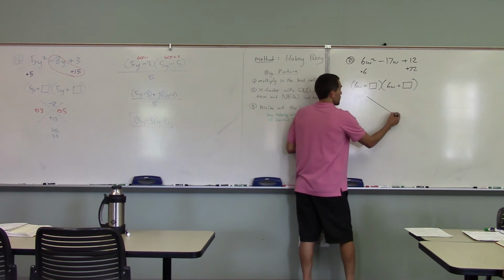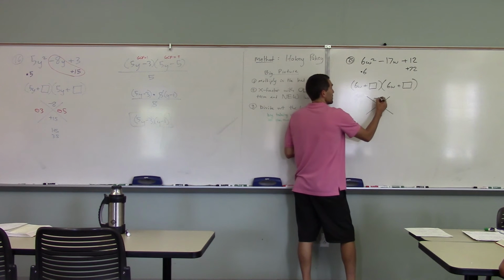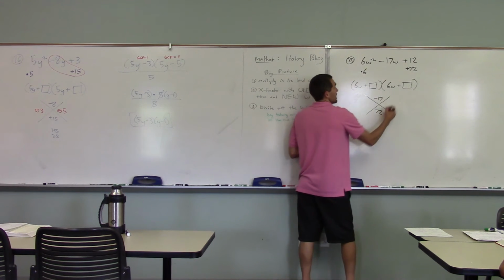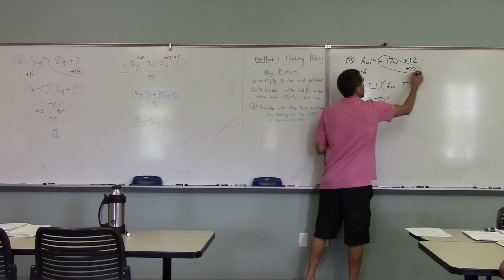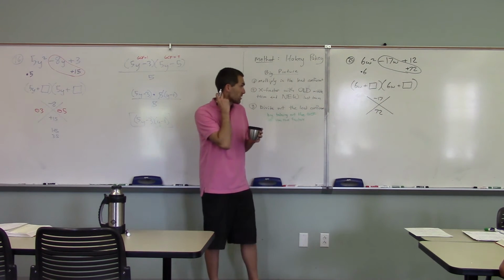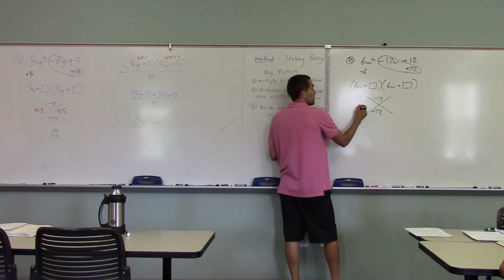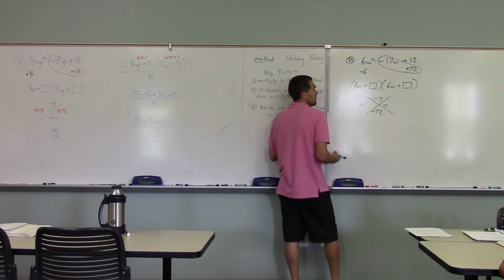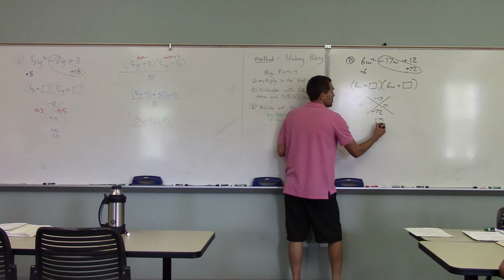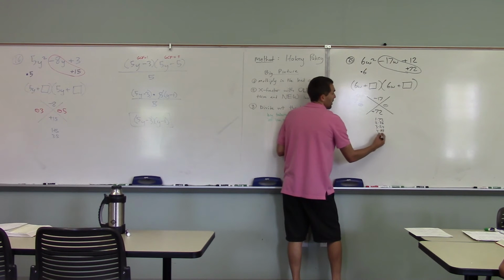X factor. Yeah, with what numbers? Negative 17 and 72. Exactly, because you use the old middle term and the new last term. Okay? And so let's write out the factors. I know since 72 is positive and this is negative, I know both are negative. I'm going to write out 1 times 72, 2 times 36, 3 times 24, 4 times 18, 6 times 12, 7 doesn't work, 8 times 9. Those are all my